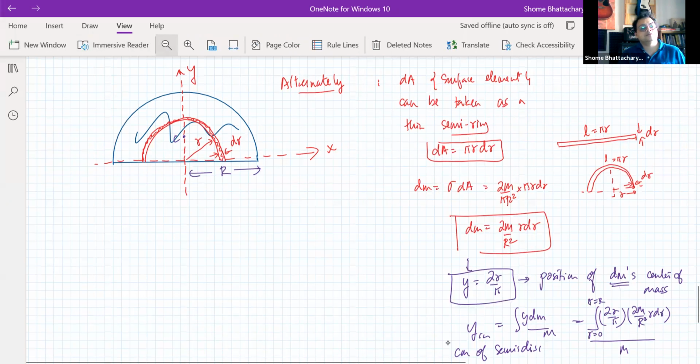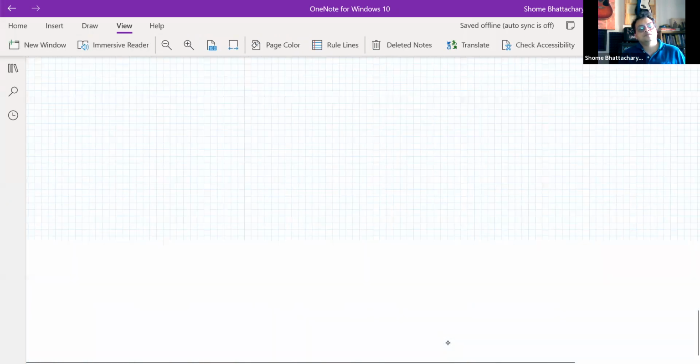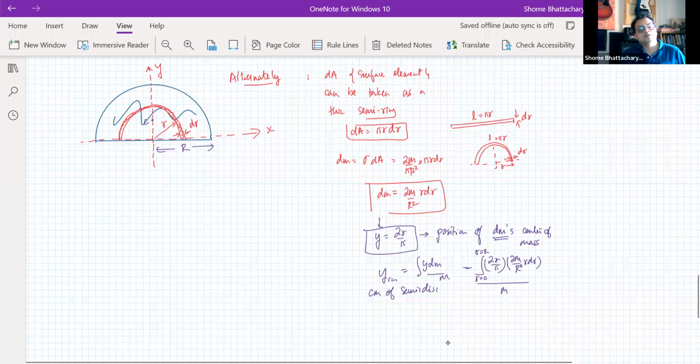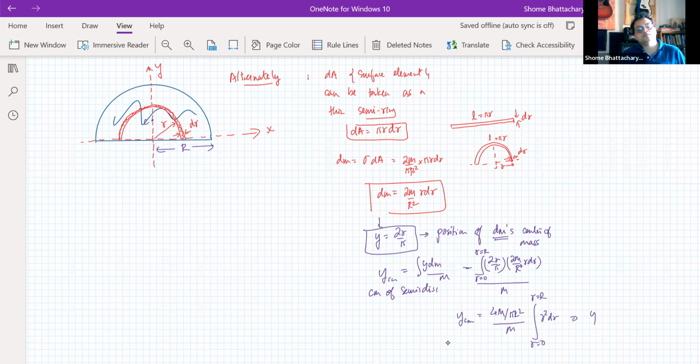So I'm just giving you the final solution. So 4m by pi R square. That m will also get cancelled out, but now we are left with a very simple integration. r square dr going from r equal to 0 to r equal to capital R. This is also a very effective way of demonstrating that the center of mass of a semi-disk